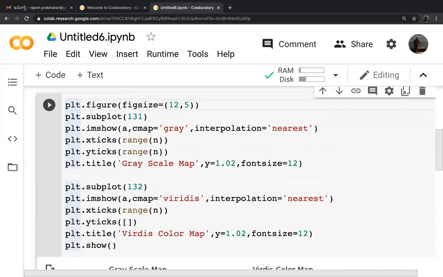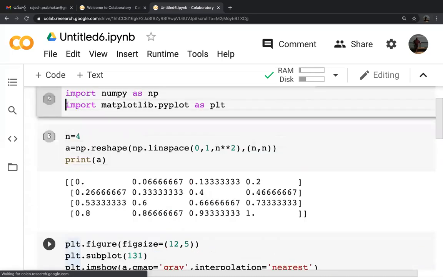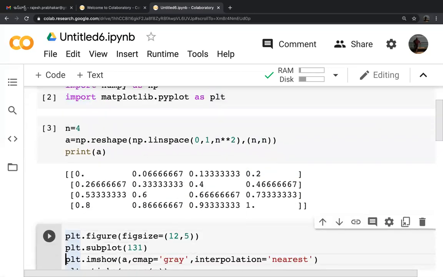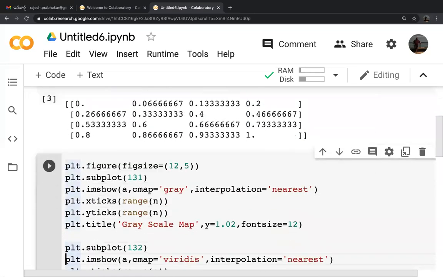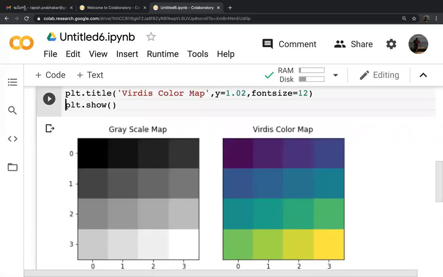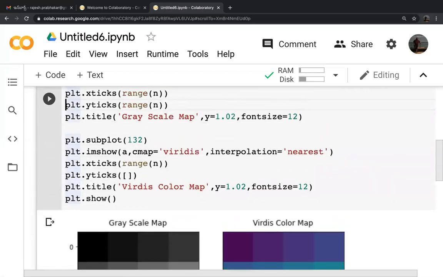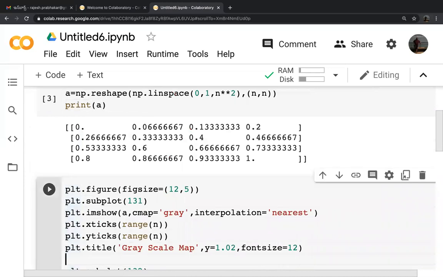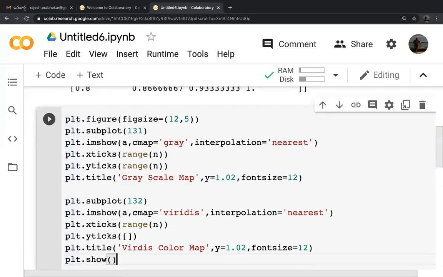Using the same array, we created a second type of color map. Using the same 4 by 4 matrix as an input, we created two different types of images. So this is how NumPy plays a very important role in image processing.